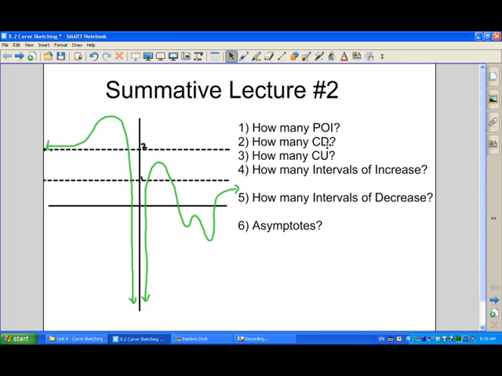We want to look at how many points of inflection it might have, areas where it's concave up, concave down, intervals of increase and decrease, look at the asymptotes perhaps. So just informally looking at this, my first part of the graph as I look at it from left to right is increasing into a point right about here where it then starts to decrease, and it continues to decrease forever and ever and ever until it jumps to the other side of what looks like a vertical asymptote, and then my graph is